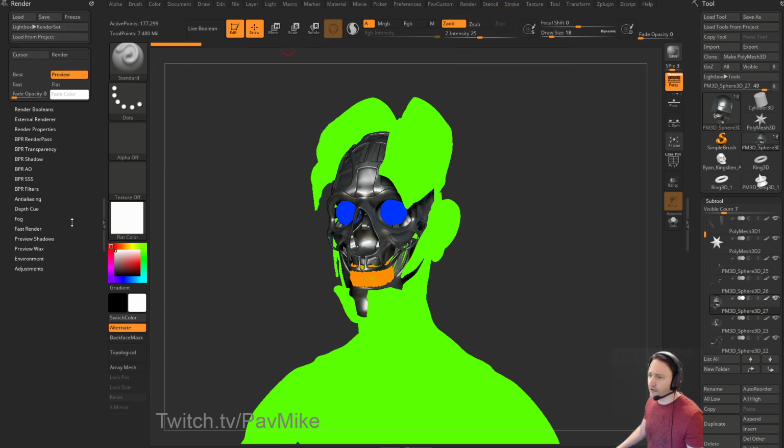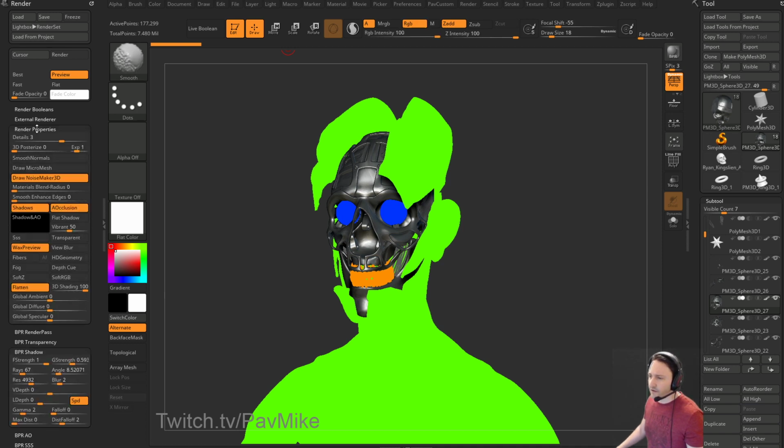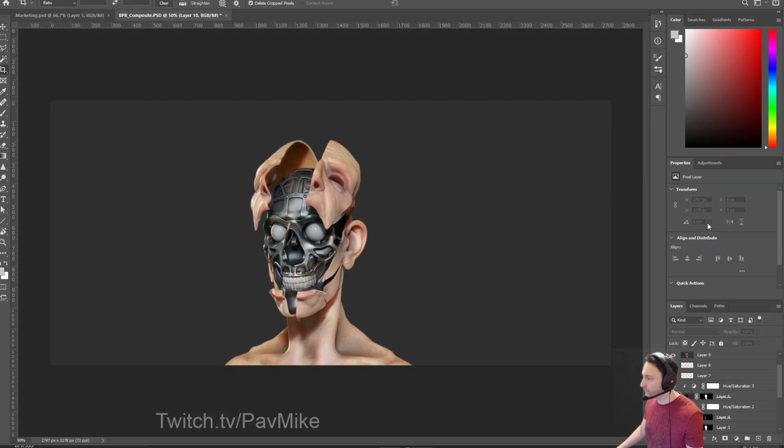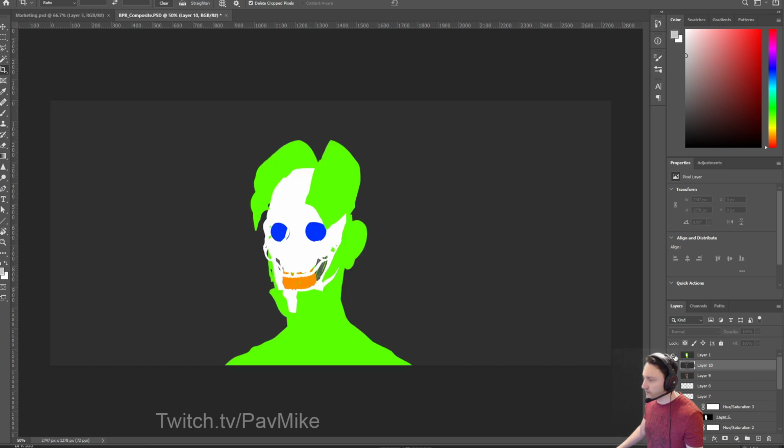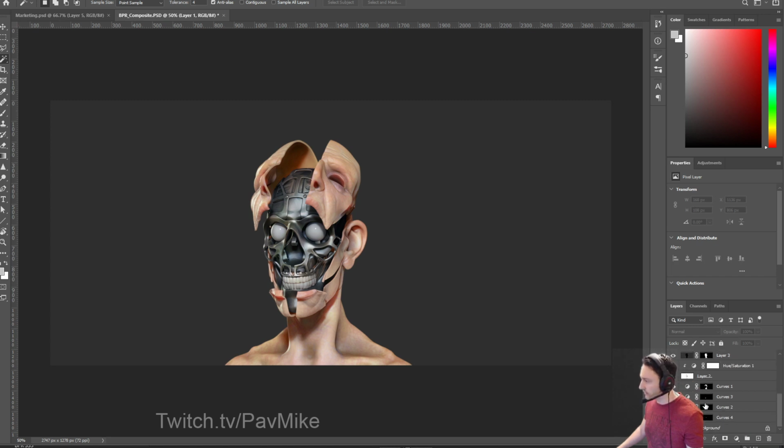that you go over here, and under render properties you can turn off ambient occlusion and shadows, which will make it go faster, and then hit BPR, and that'll give you a nice clean clown pass, quote unquote. So you can go through here and make selections. If I want to use these, I can hit W, and select by color range, or say I want to select all my skin, or all my eyeballs, or my skull, or all my teeth. You can very quickly do that, and then you can go down here and start making adjustments,